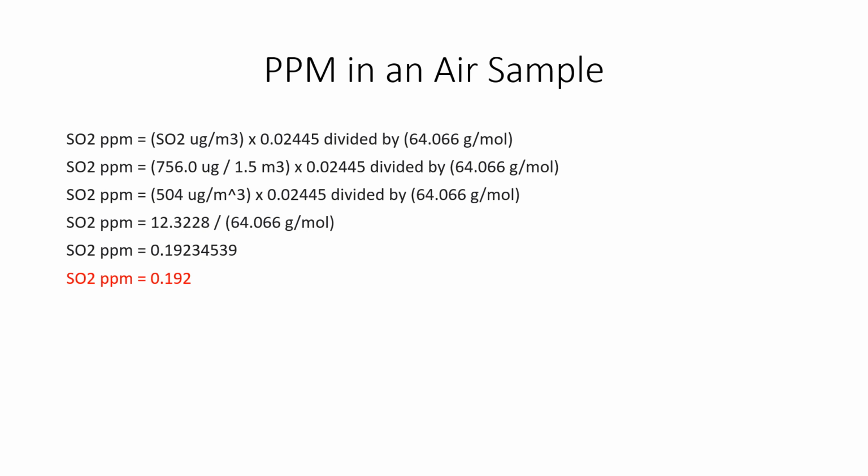So we want to look at it as a holistic view, times 0.02445 divided by the weight of SO2, 64.066 grams per mole. So if we do some math, we then end up with 12.3228 divided by that molecular weight, 64.066, which will be equal to